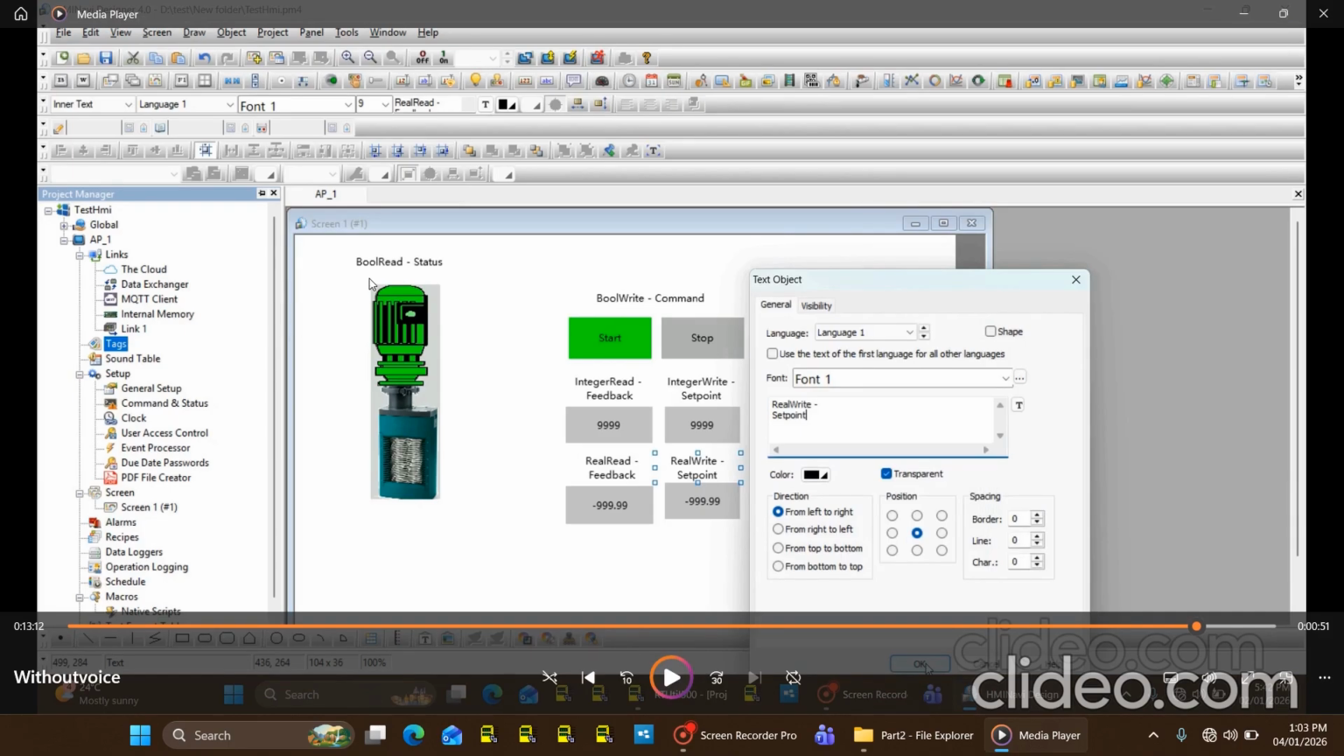So I created a bool read, that is a status, and bool write means command buttons, and integer read, this is feedback from the RTU, and integer write, that is set points. We will give set points from the HMI to our RTU. Same for real also. These two are integer, these two are real. Okay. So once everything is done,